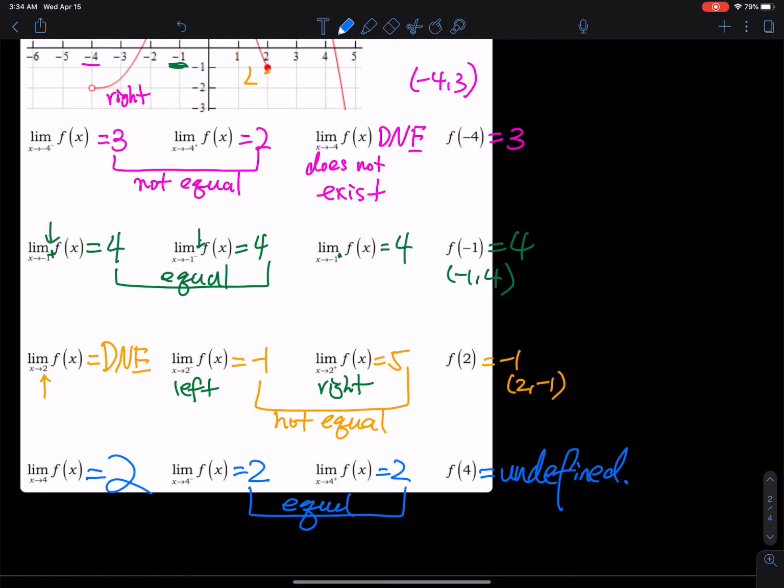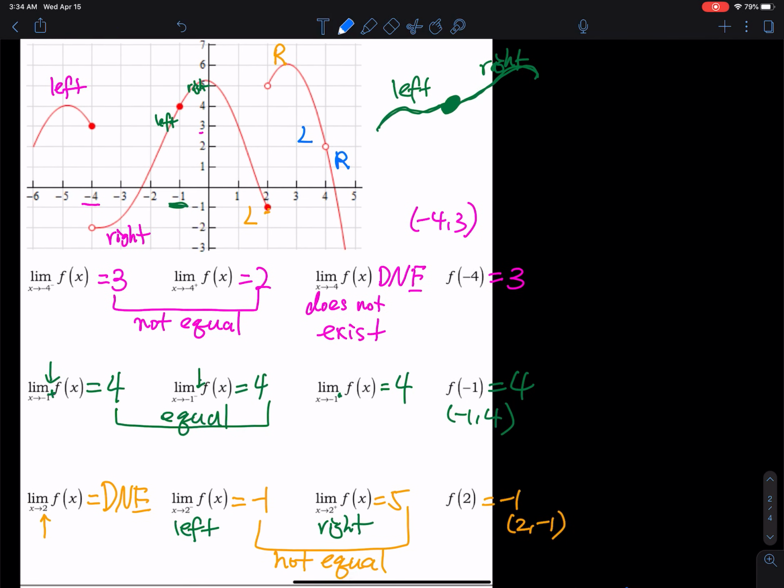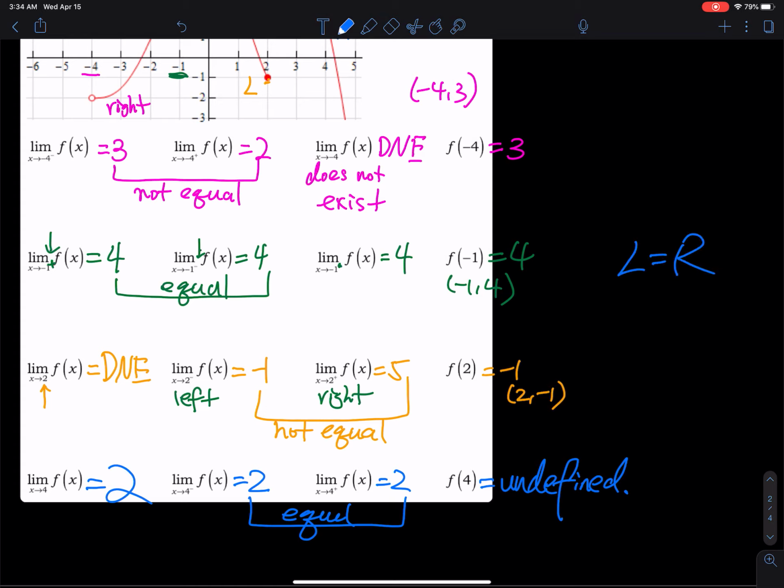All right, so that is the exercise for the one-sided limit. Again, the big idea is that to check a limit, you have to check the left side and the right side. If the left equals the right, they are equal, and the limit is equal to that value. Otherwise, the limit